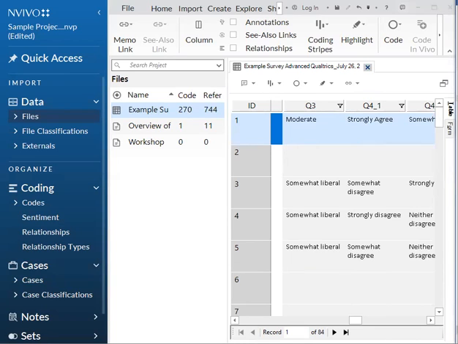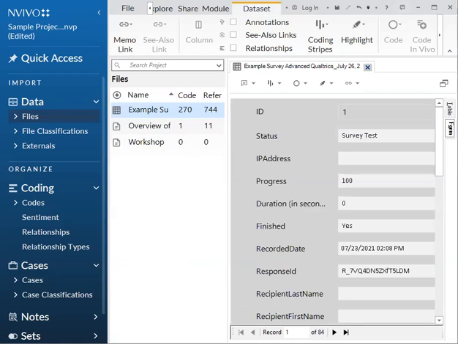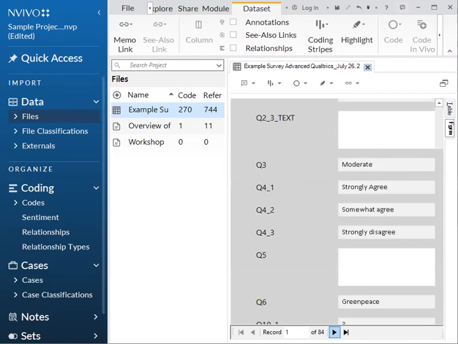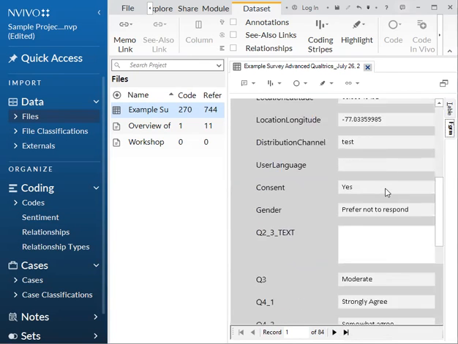So that is a very useful feature for trying to make looking through the data set just a little more manageable. Another feature that can do that is the form versus table viewing. So right now we're on the table viewing, which is the automatic default, but if you look on the right-hand side, there's a form option. So you'll see two tabs, table and form. The table tab will show you the entire data set in table format like we have right now, but the form tab, when we click that, allows you to go through each response individually in a form by clicking the arrows at the bottom. So this is record 1.